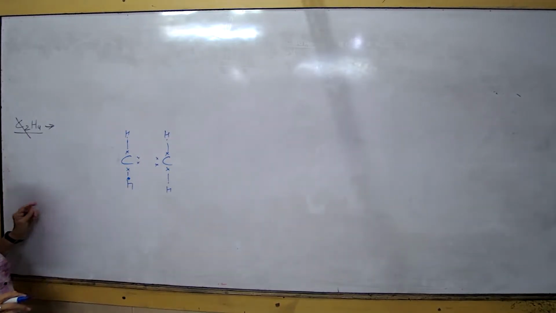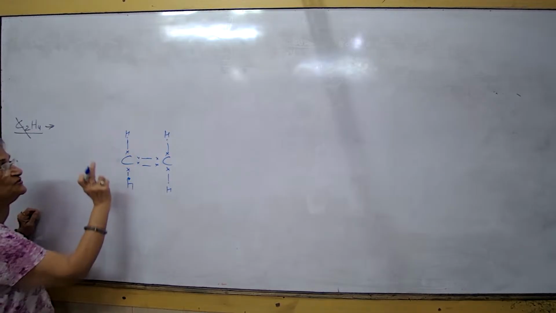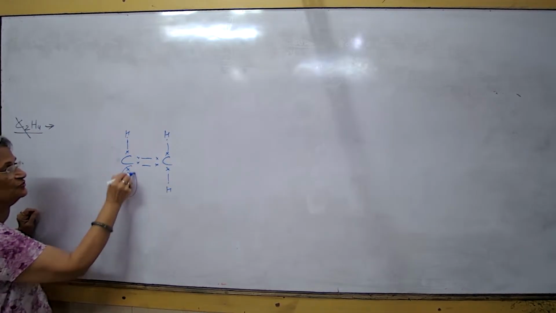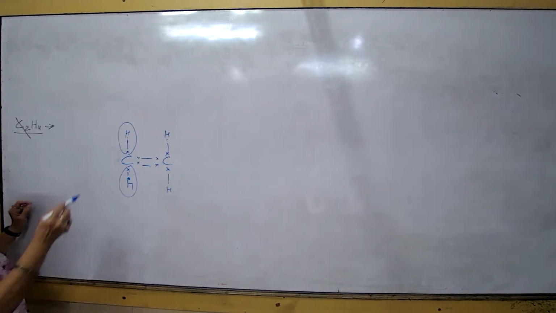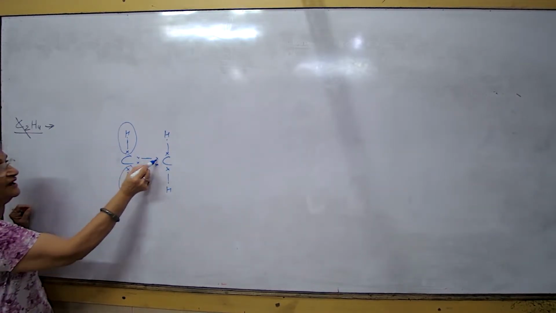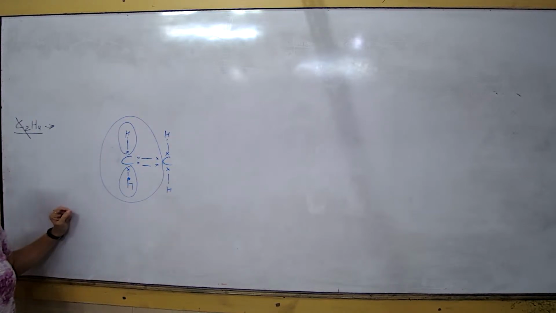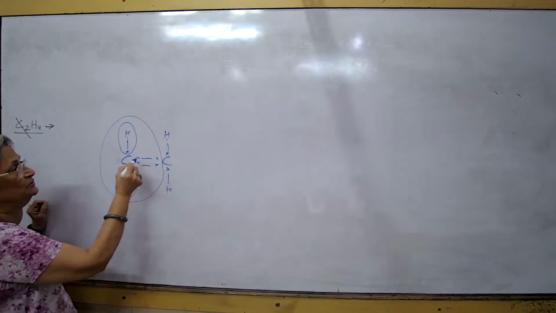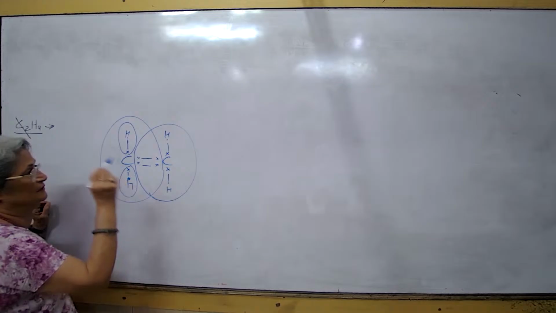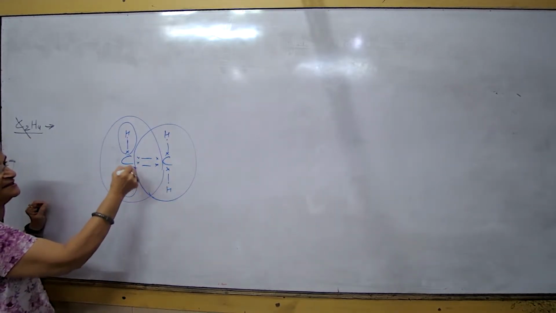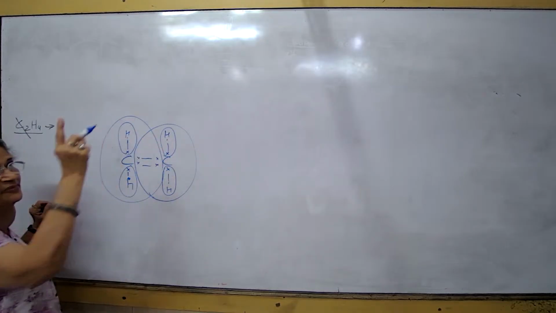Can you see the bonds now here clearly? 1, 2 is for hydrogen. This is for hydrogen. 2 for hydrogen. 2 for hydrogen. Correct? Carbon needs 8. Correct? 1, 2, 3, 4, 5, 6, 7, 8. This is for carbon. 1 carbon. Second carbon. 1, 2, 3, 4, 5, 6, 7, 8. This is for the second carbon. Sharing is taking place here. This is for one hydrogen. This is for one hydrogen. Same way you do it for